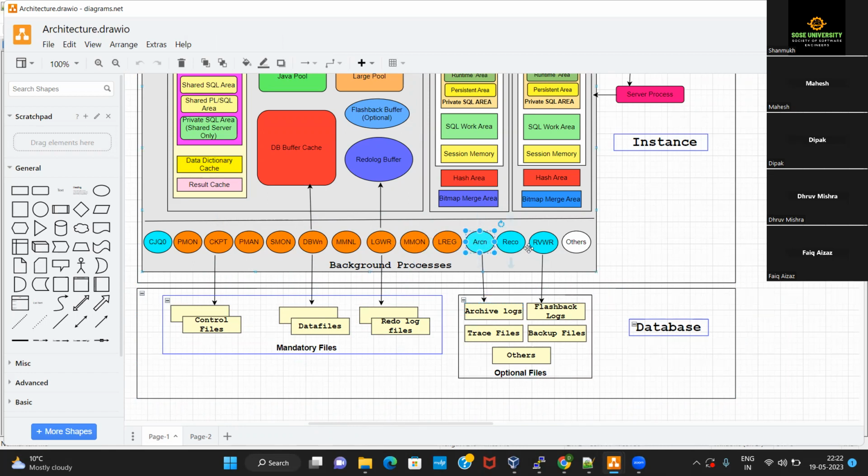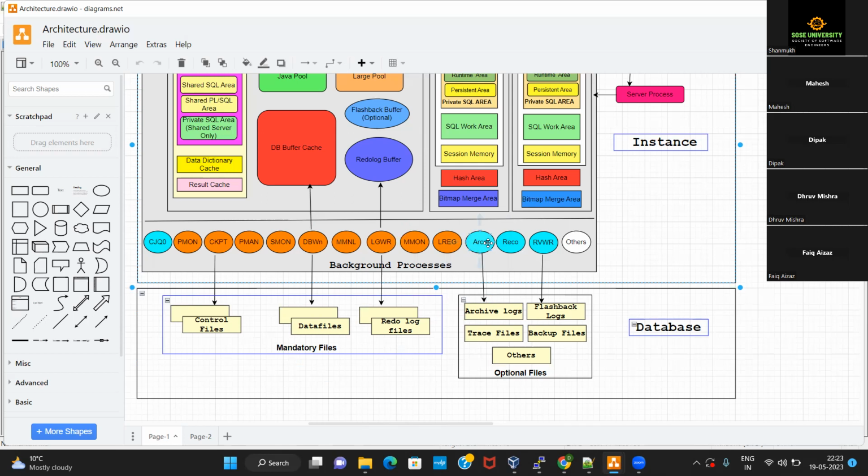The ones that you see in blue are optional background processes. The background processes are basically of two types. There are a few which are mandatory background processes, which I have represented in brown, and there are a few which are optional background processes.